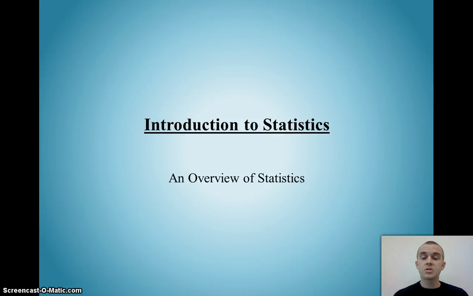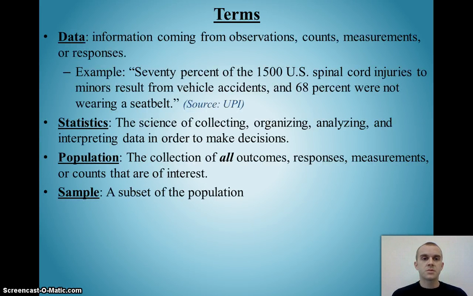In this video, we're going to do an overview of statistics. Let's first start with some of the general terms in statistics. First, when we're dealing with statistics, we're often looking at data. And data is information that we can get from a whole different variety of sources, such as observations, measurements, responses, and counts. For example, if we look at this problem, they went through and collected data from spinal cord injuries